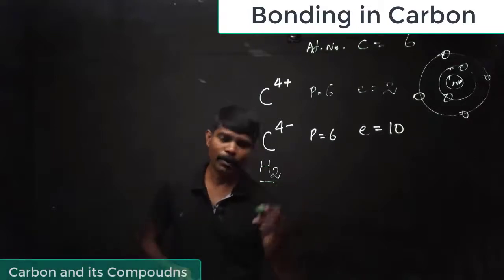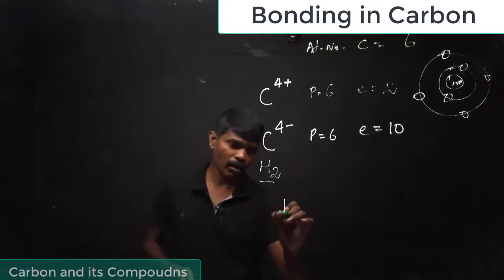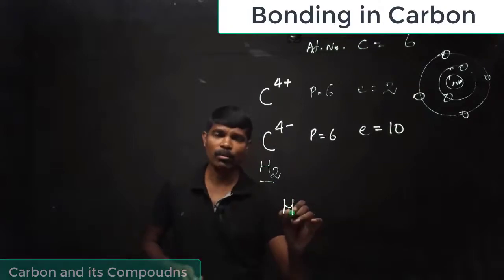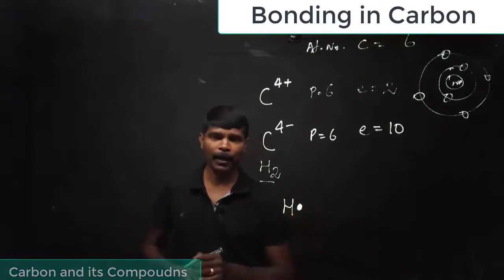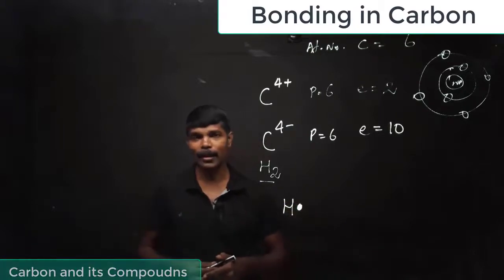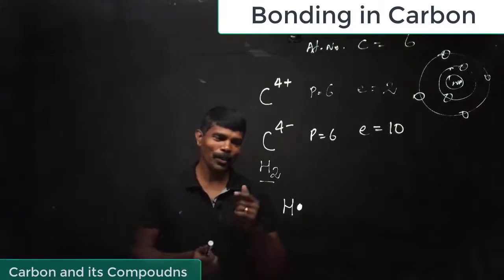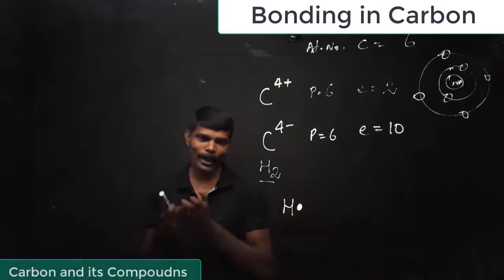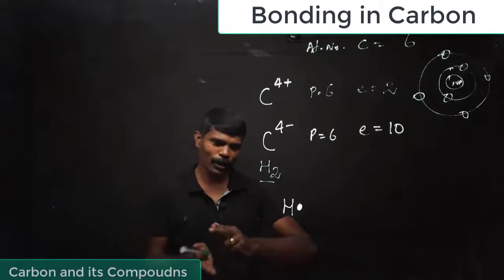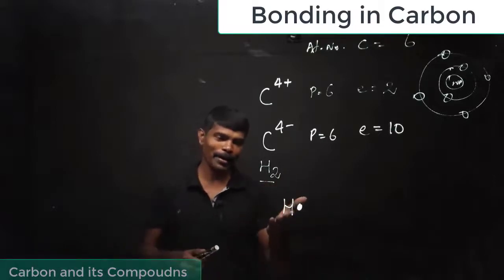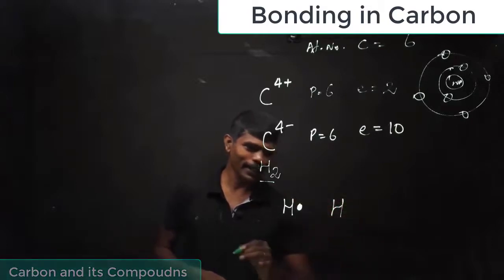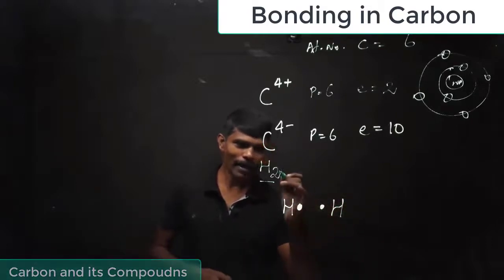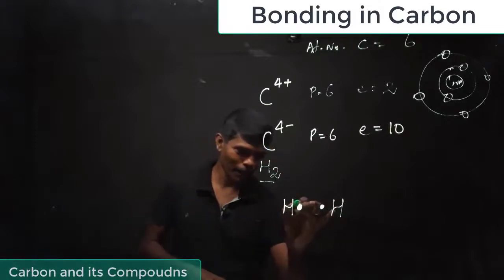We know that the atomic number of hydrogen is 1 and it has 1 electron in its outermost shell. So that electron we can mention as a dot. In order to become stable, hydrogen needs 1 electron, right? So what it does is accept 1 electron, or share 1 electron with another similar atom. Similar atom means a hydrogen. So that can also be done. Here we draw hydrogen with 1 more electron. Here is how to do the sharing process. Now in this way I can share.